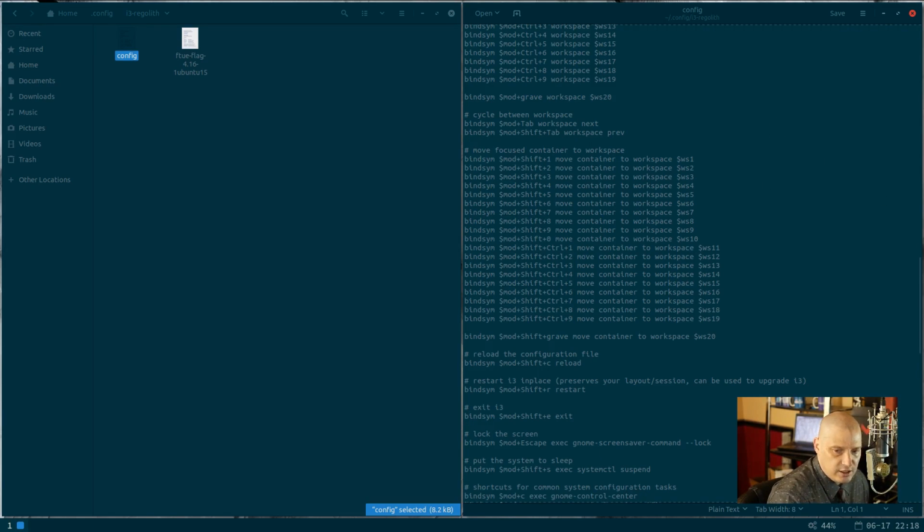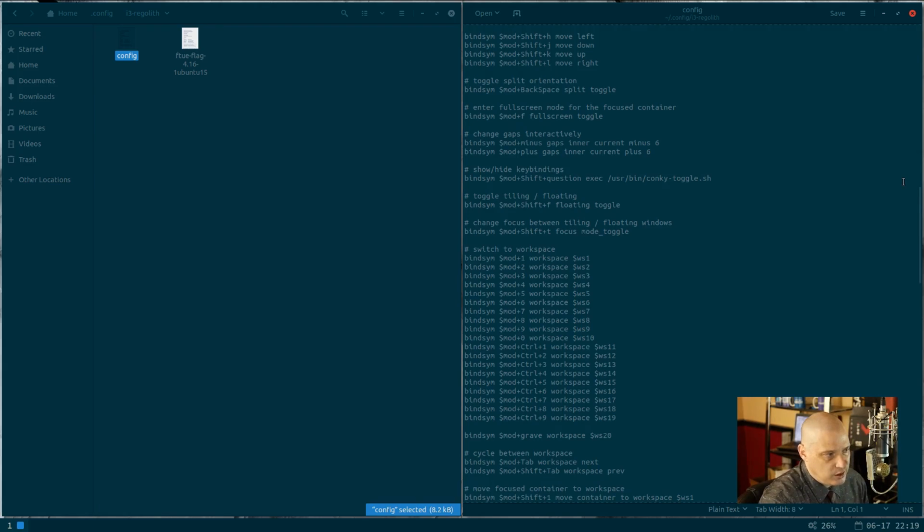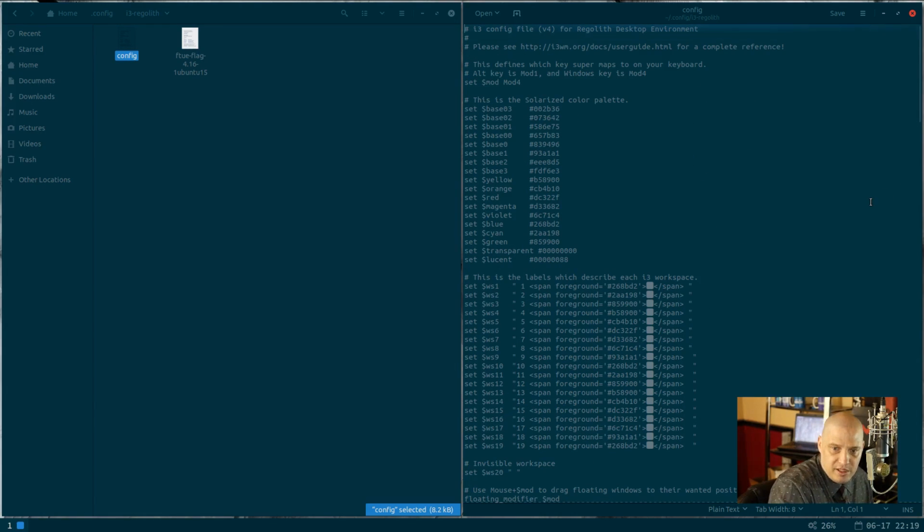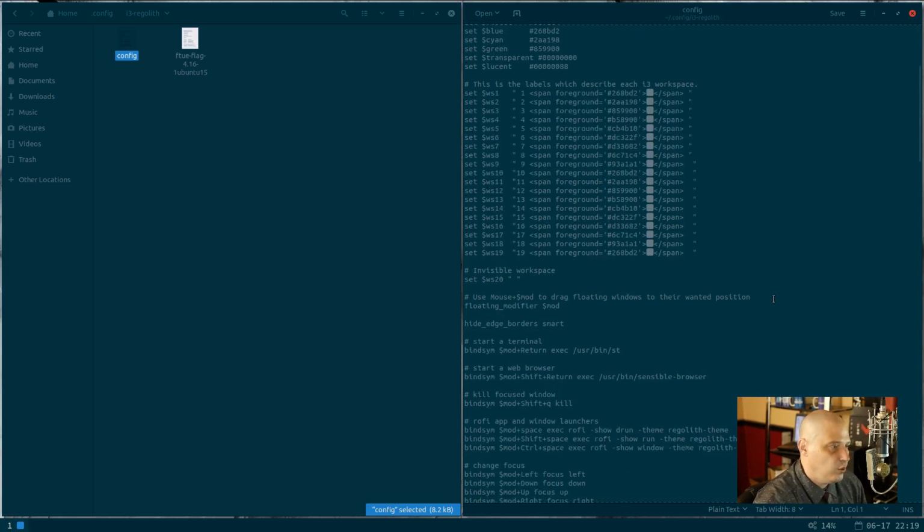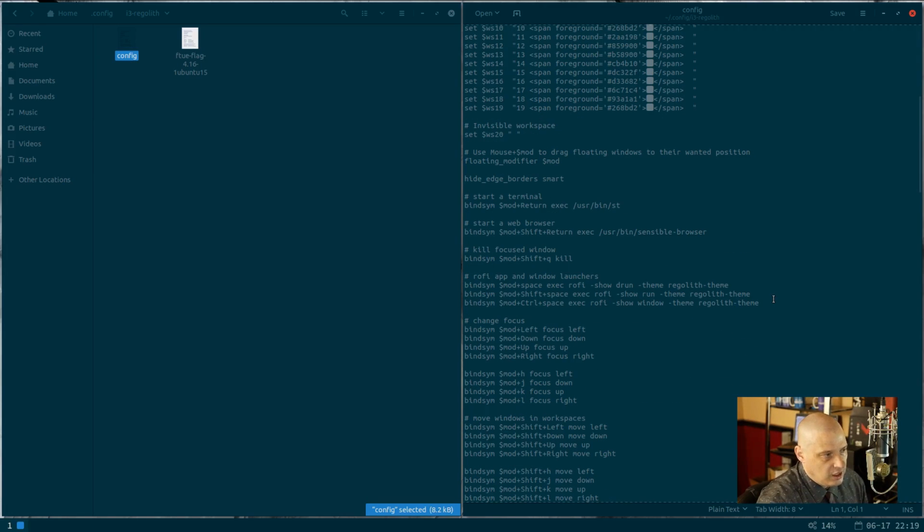And I could do that if I just create a simple key binding here in this plain text file, this config. As a new i3 user or a new tiling window manager user, you really should spend some time actually reading the config. And I seriously mean that. Read the config. It looks complicated. If you're not used to doing any kind of coding or programming, some of this stuff looks like it won't make any sense, but I promise you, if you just spend some time,